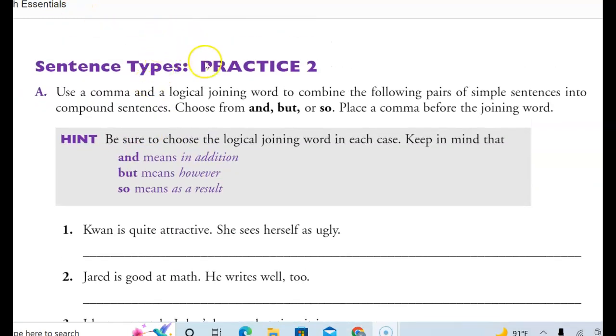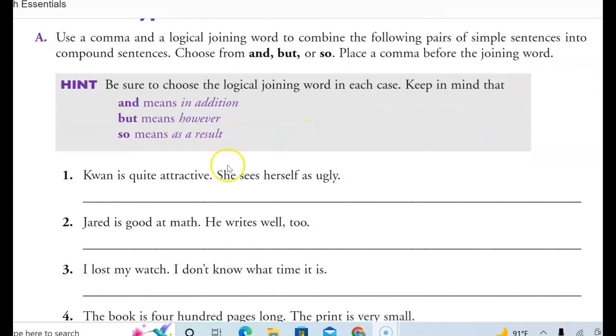Okay, do you remember when we talked about the compound sentences using the FANBOYS, and, but, so, there are more? There's another way if you don't want to use and, but, or so, and I show this better in my other video, I just want to give you a quick overview here. So let's take a look here. We can use and, or we can use in addition, but, or however, so, or as a result.